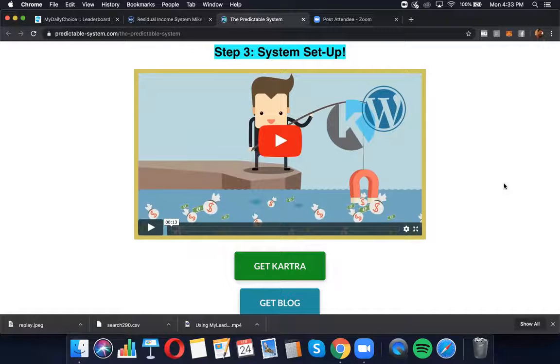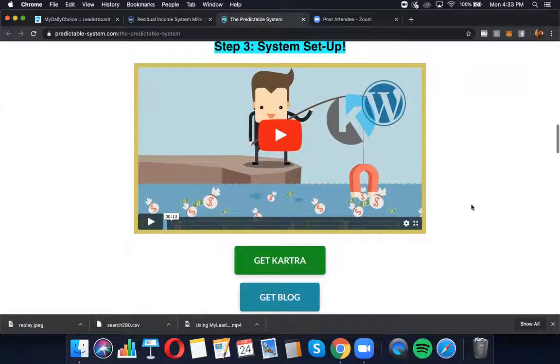It's a really, really powerful strategy. So I recommend you do step 3. Choose if you want to use Kartra. You can click on that. You can learn about it. Don't ask us additional questions. You've got to decide. It's up to you. You want to use Kartra? That's what we use. If you want a less expensive option, again, if you already have a blog, you could